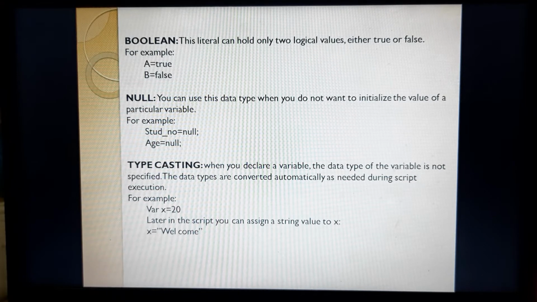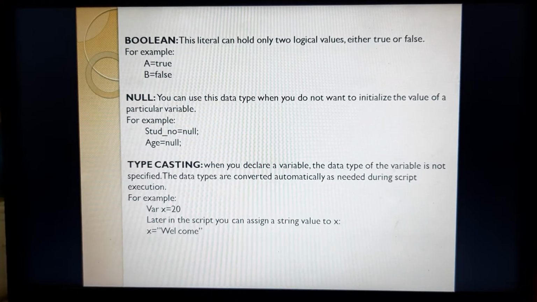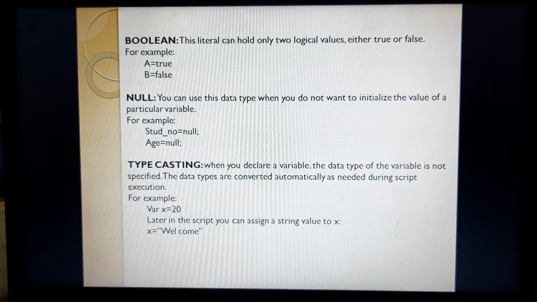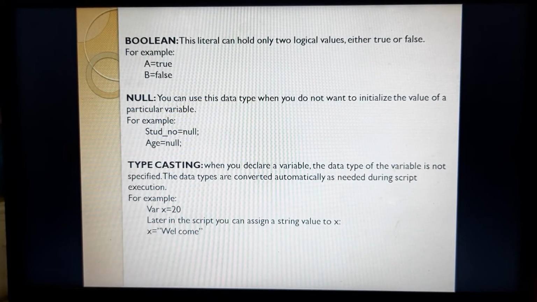It means I want a variable, but I do not want any value to be stored in that variable, and when I display the value of the variable, it should not show anything. It should show like nothing or nil or empty. For showing empty values or having empty values in any variable, we must use this null data type.